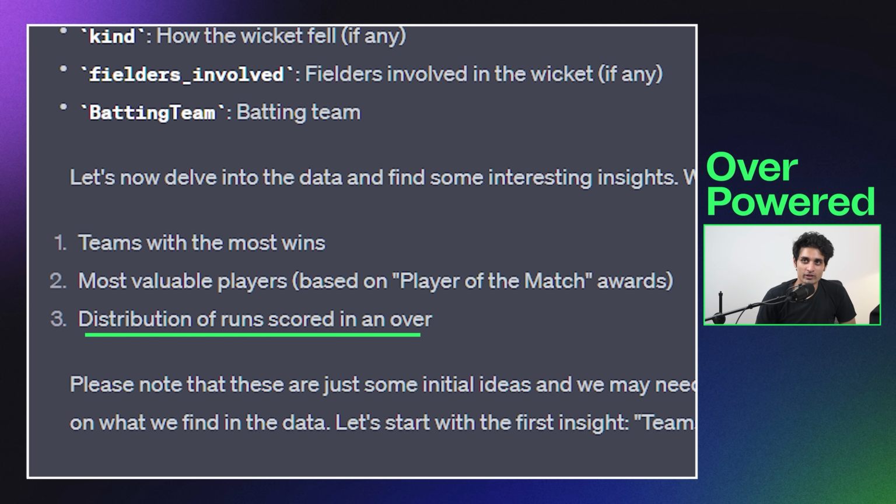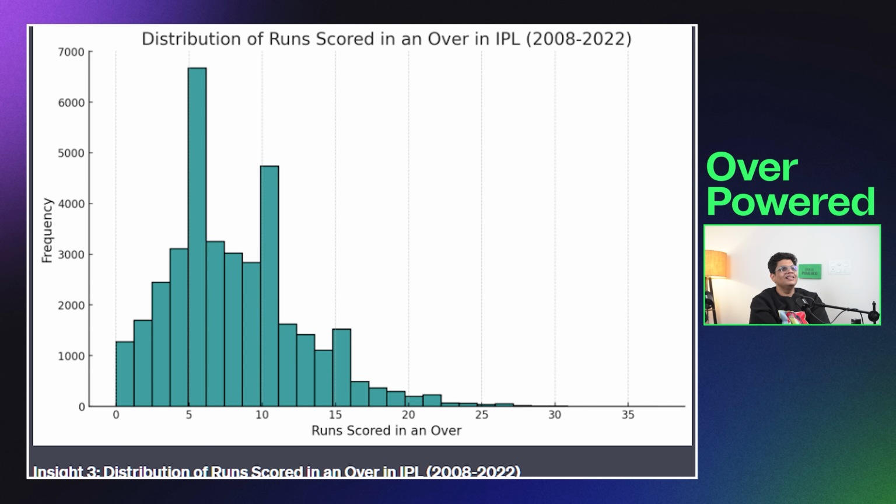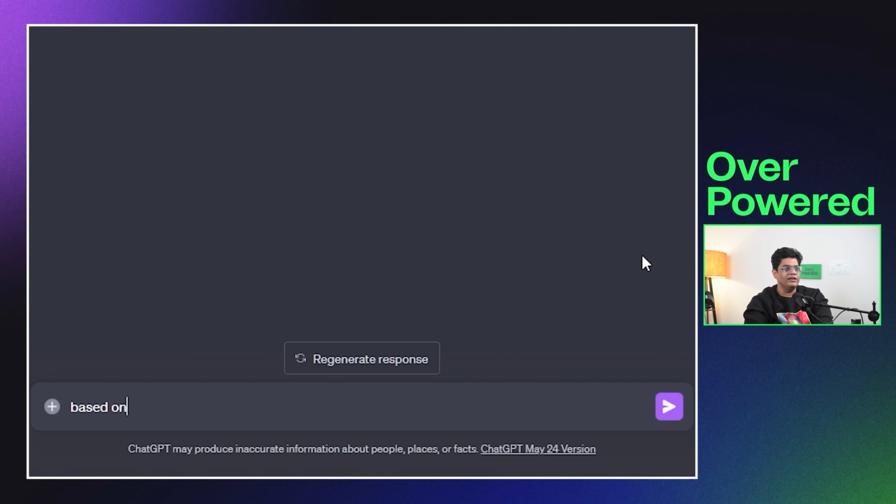Distribution of runs scored in an over. It's going to give me the distribution of runs scored in an over. Okay, so according to this, the most number of runs scored has been in the 6th over. Oh, that's interesting. Based on this data, can you predict